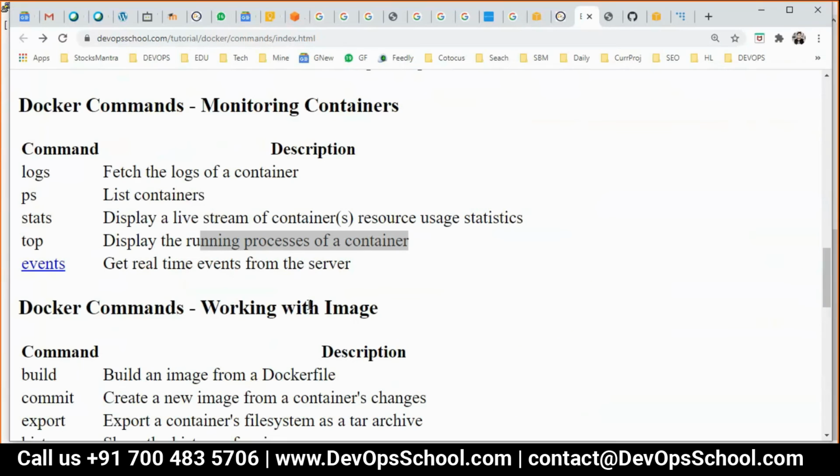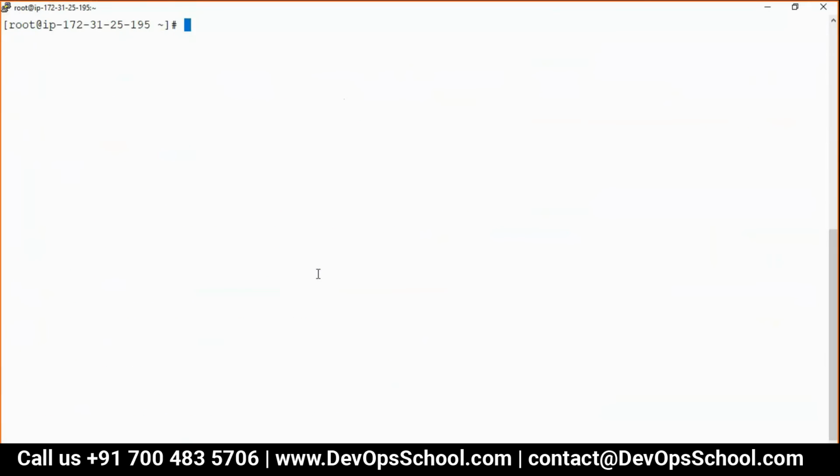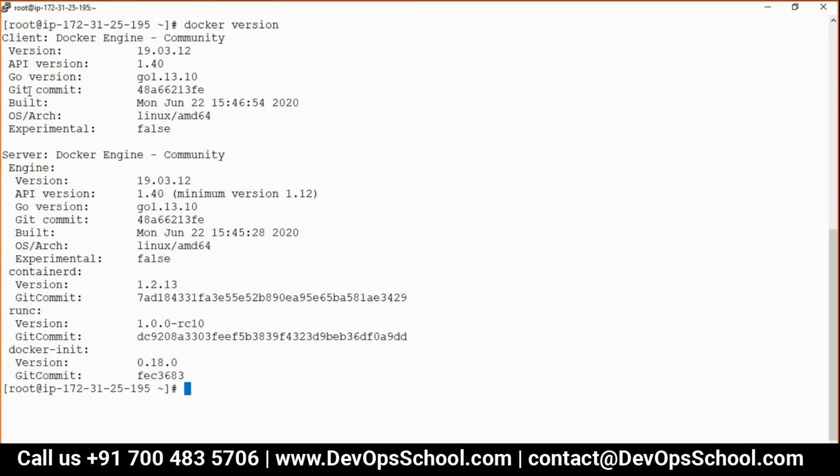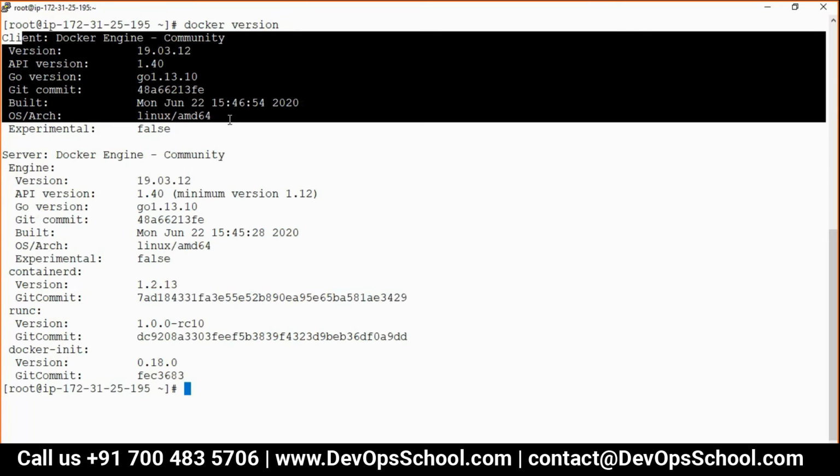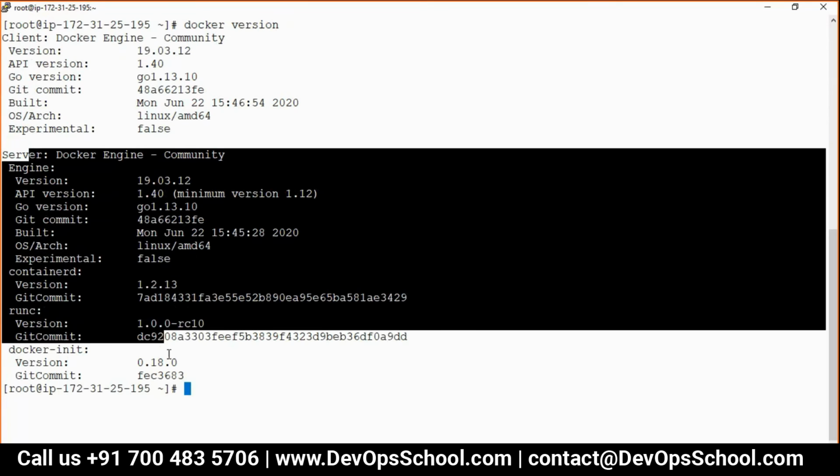Yeah. So guys, this is the top command. Now the events command gets real-time events from the server. Remember, if you forgot, docker version: I see the client version. I told you there's a Docker client and the daemon server.